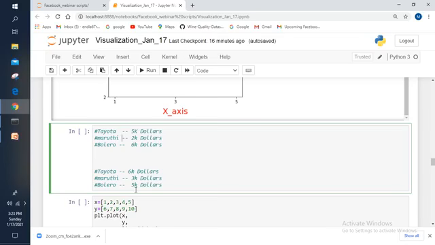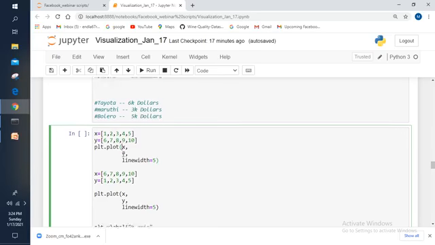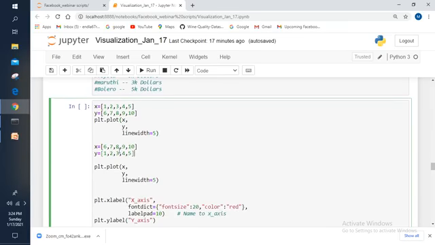Then you need to use a number of plot functions. You need to pass different data through each and every plot function. See here how I'm passing the data x and y through the first plot function. Again I have taken different data and I'm passing that data through the second plot function. I have taken two plot functions here but with different data.